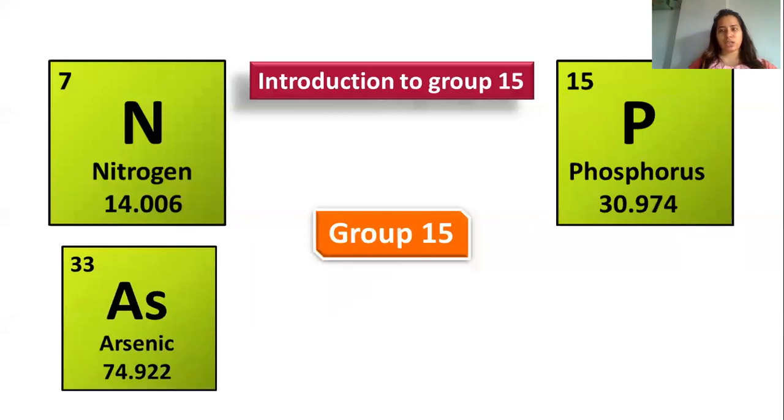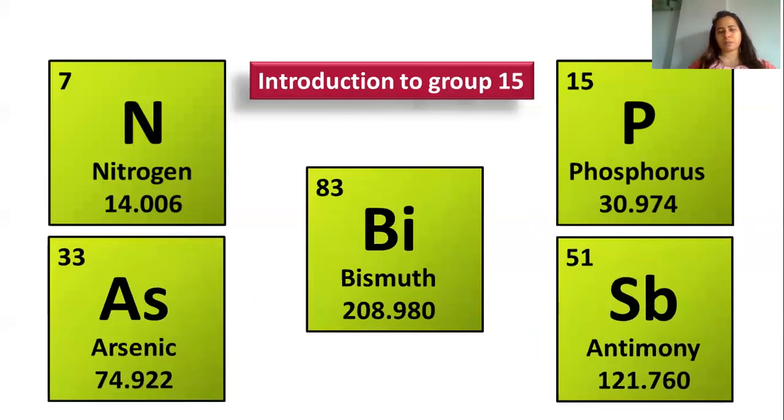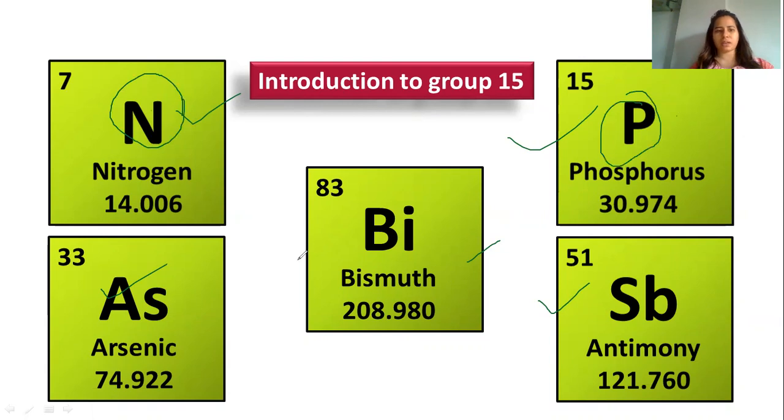phosphorus, arsenic, antimony, bismuth. So you can remember this as nahi paisa asli sab bhikari. You can see first nahi paisa asli sab bhikari. Or you can remember Nana Patekar. Nana Patekar, Aishwarya, sab bhikari. It's up to you how you want to remember. Or we can go for Nepal, Pakistan, Australia, sab bhikari. Or you can go sab bimar, whichever you prefer. So this way we can learn the mnemonic for group 15 elements.